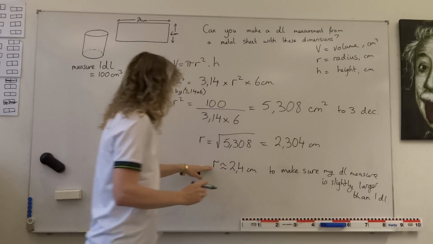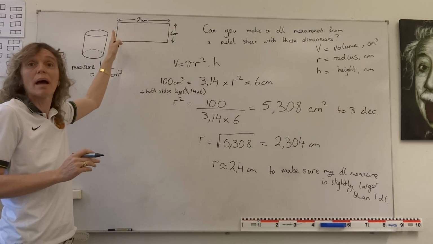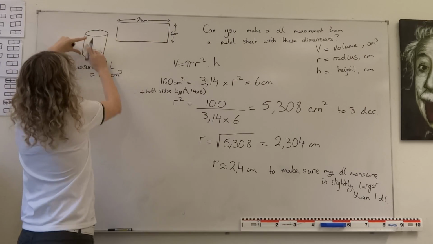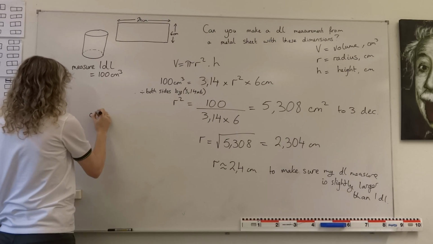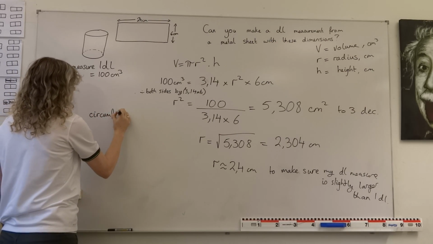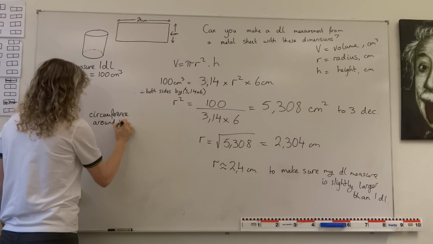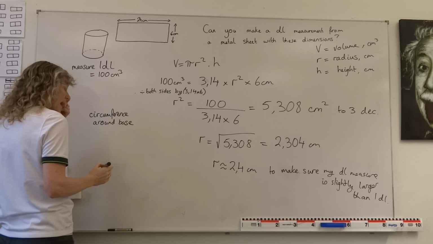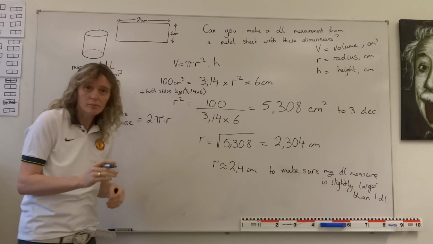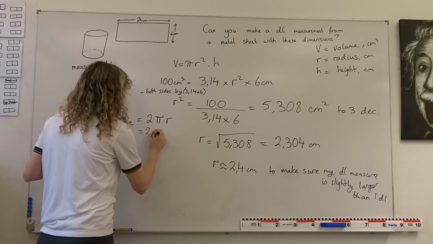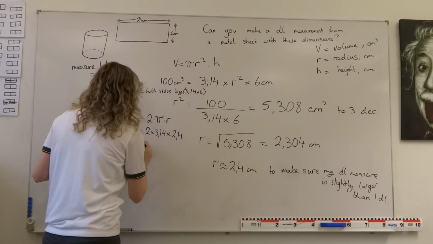Right. Now I know what my radius is, I need to know if I've got enough length to be able to manufacture the bit that goes around the deciliter measurement. So now I have to do that: the circumference around the base of my metal plate is going to be 2 times pi times r. So we're going to get 2 times 3.14 times the radius 2.4, which is going to be